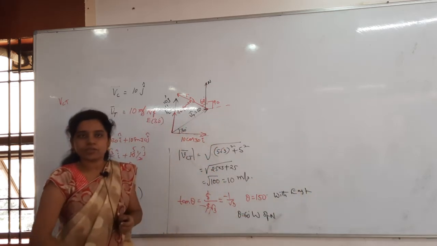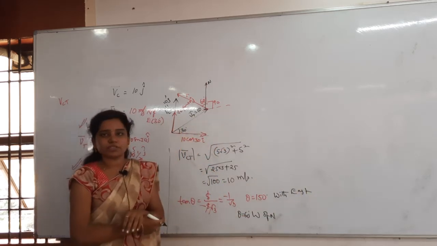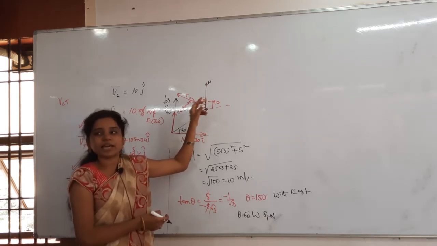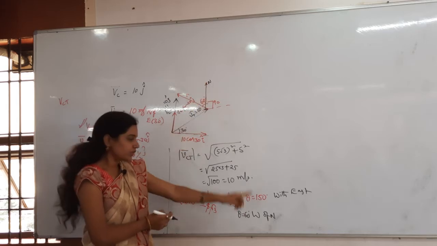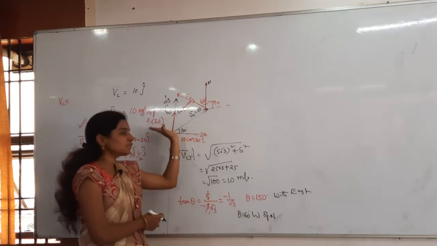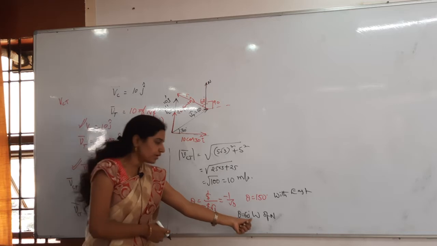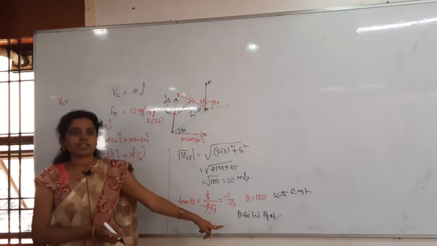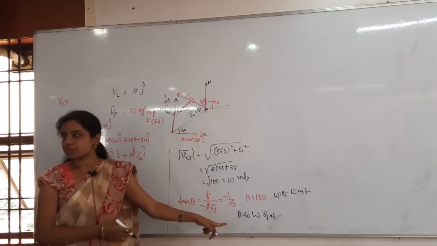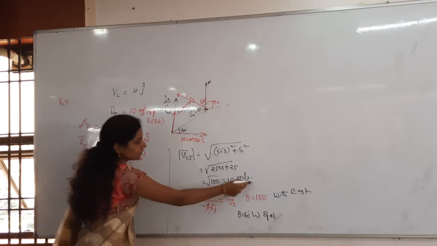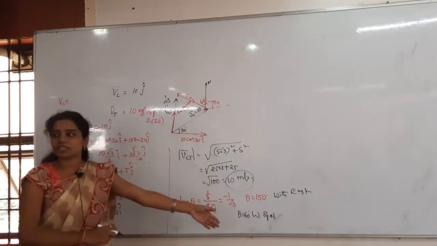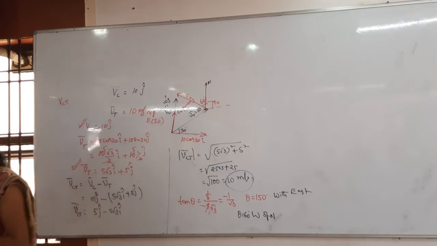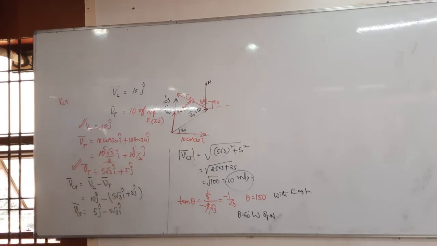150 is correct, but I want to tell it in terms of north and then west. Then what will we get here? 90 plus 60. The angle is making 60 degrees with respect to what? North. So of north. Towards which one is it moving? West. So west of north. How much angle? Theta is equal to 60 degrees. Clear, right? This direction is important to find out the options. They will give all the options with this same 10 meters per second only, but they will change the direction. Then you will get confused in that. Clear? Otherwise shall I explain again? Clear?